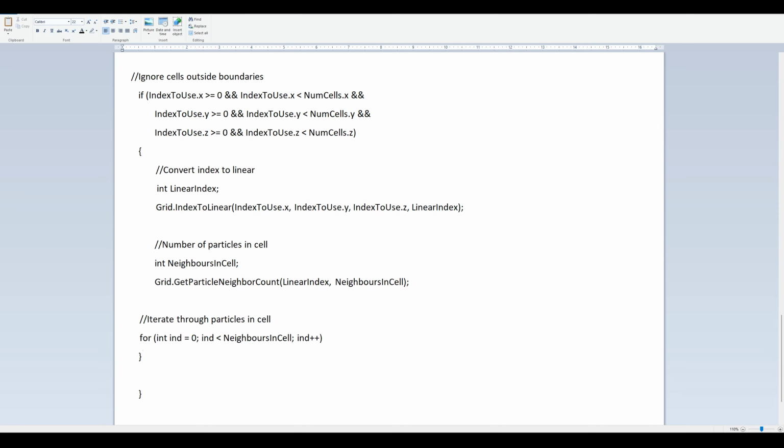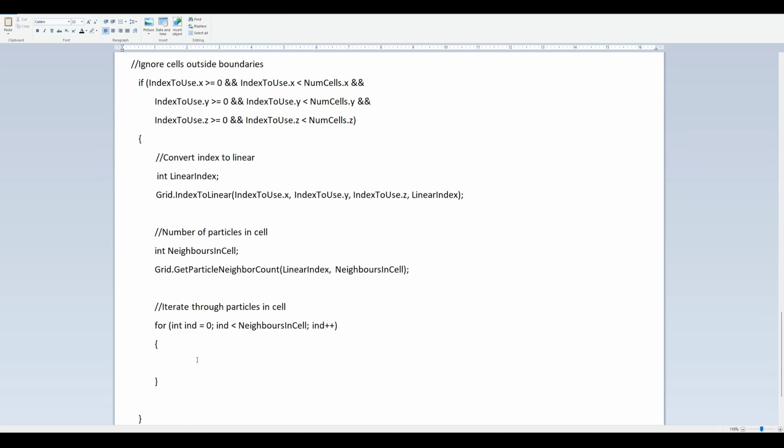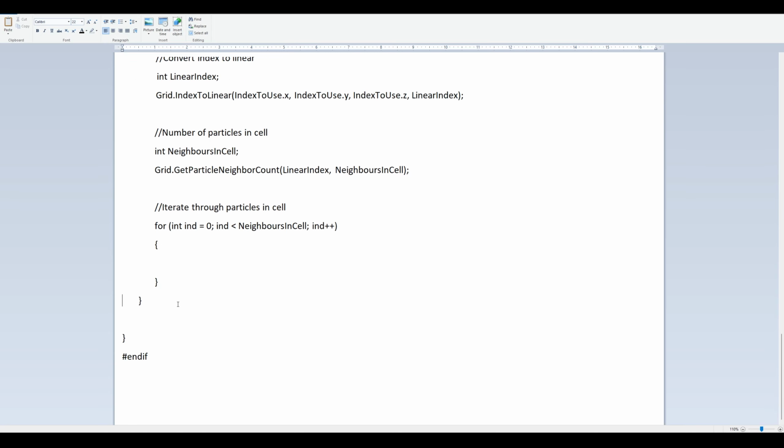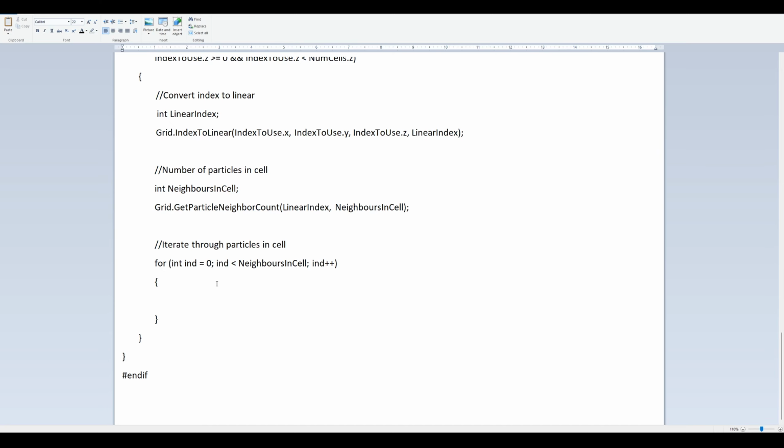We'll do that with another for loop. Make sure that I close all the brackets, so don't forget any. Cool. This for loop will go from 0 to the number of neighbors in cell. So inside that loop,